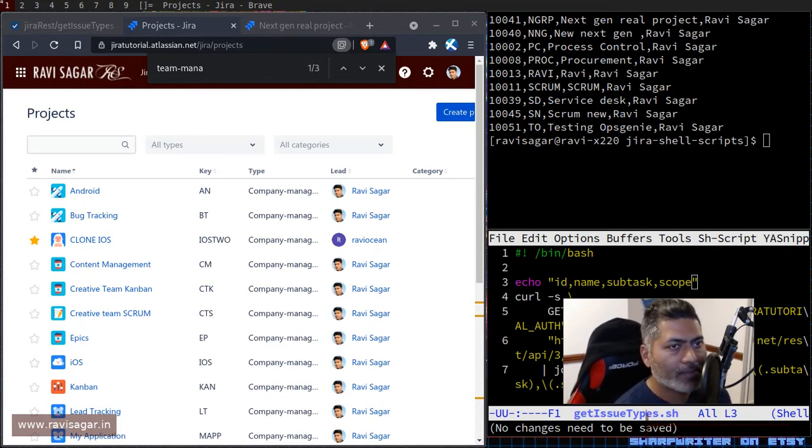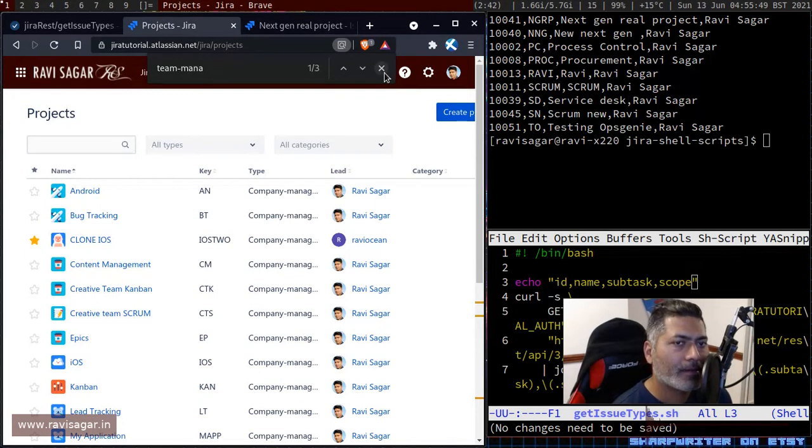Hello everyone. So today let me share yet another shell script to save a lot of your time and do something very simple, which I think is a very common thing to do when you are doing an audit of your Jira instance. Now usually you have to, I mean, it is a good practice, but